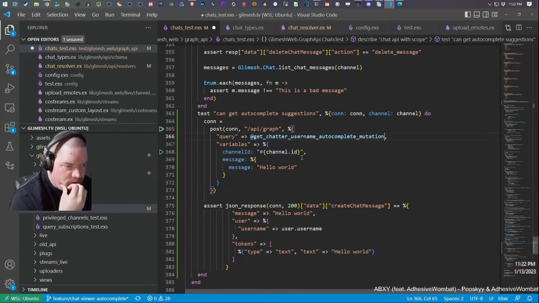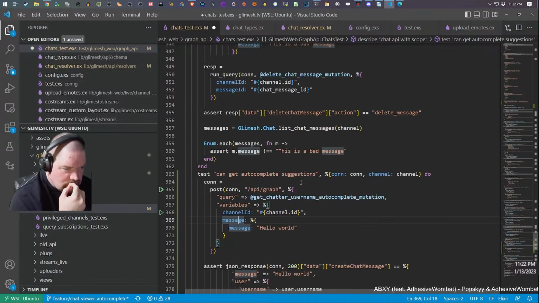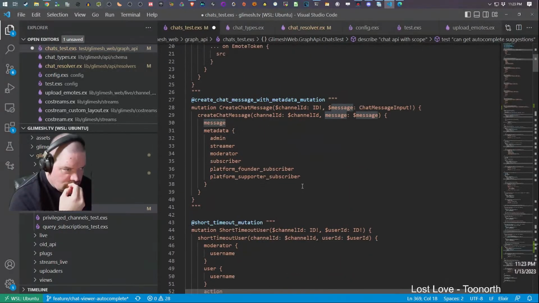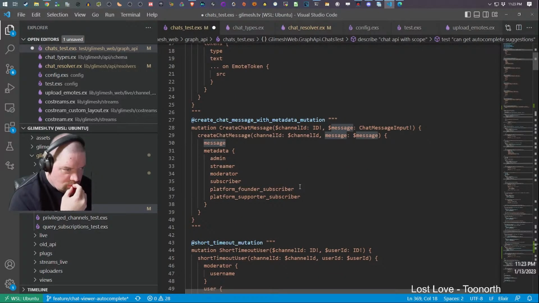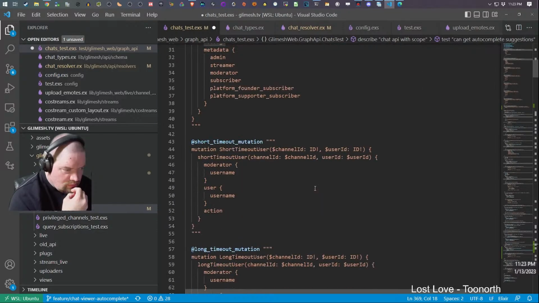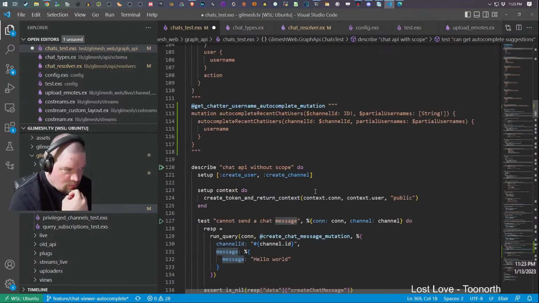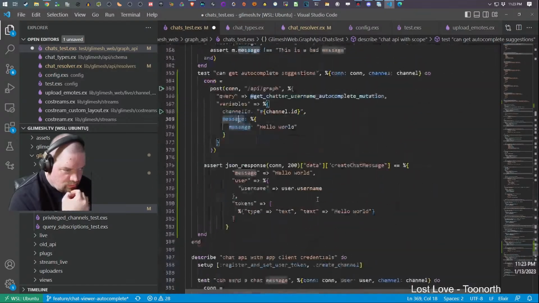That's the query, variables, channel ID, and then ID message. The variable would be partial username, right?